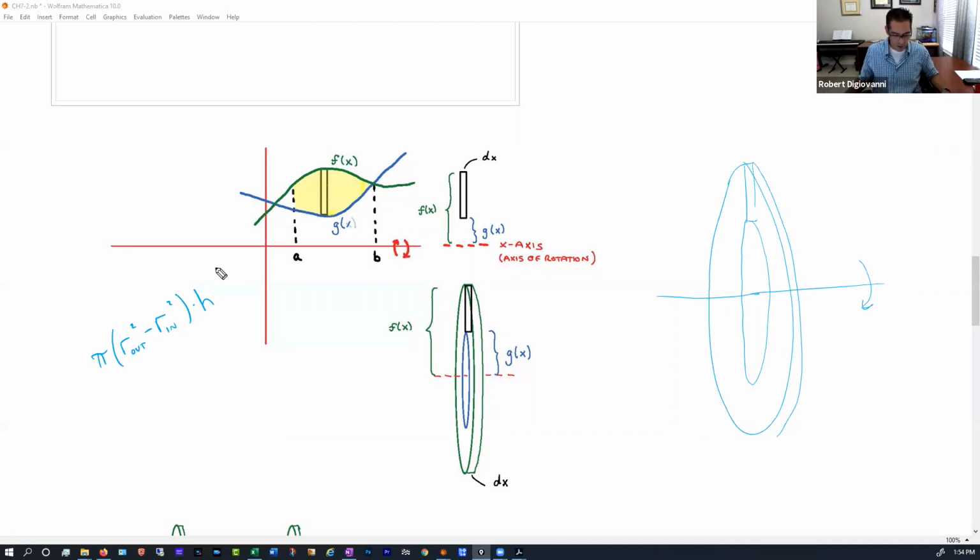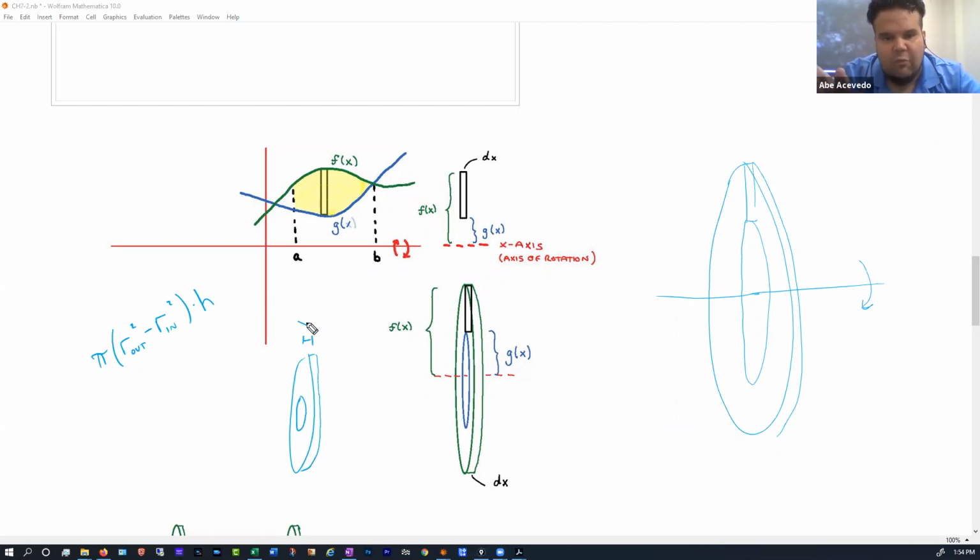So let's talk about this. Do we know how wide it is, or do we know the height of it? How tall is the cylinder? Well, that's the width of the rectangle now, isn't it? It's how wide the rectangle is that is how tall this is. Yes? Because you're looking at it sideways, right? So the height will be dx, because dx, the width of the rectangle, has always been dx for us. So that's going to maintain dx as the width or the height of our